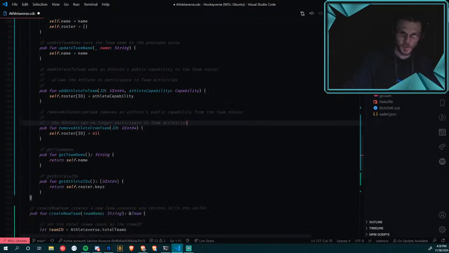I'm trying to keep uppercases for resources and struct types that I've created in the code just to make it clear what I'm talking about.